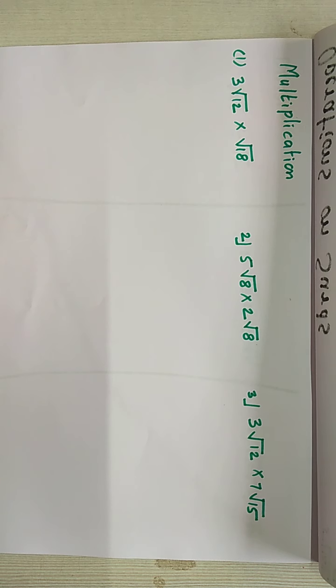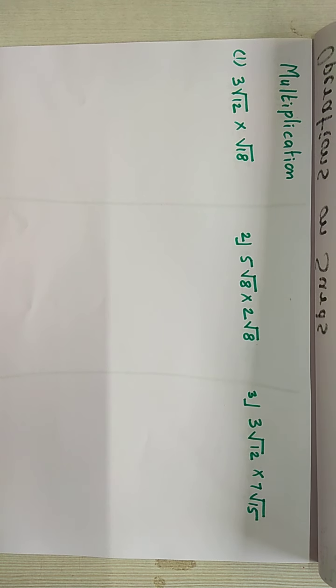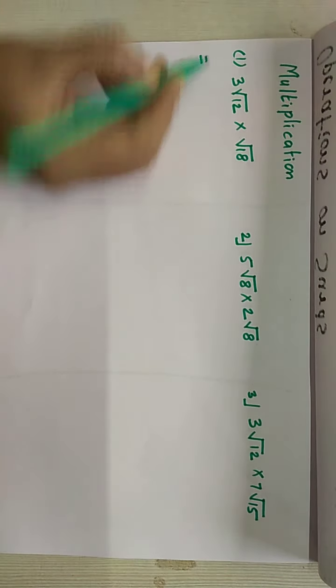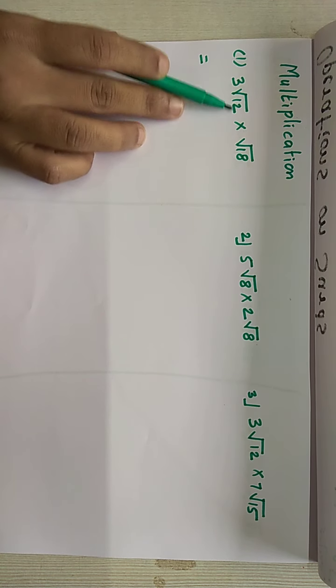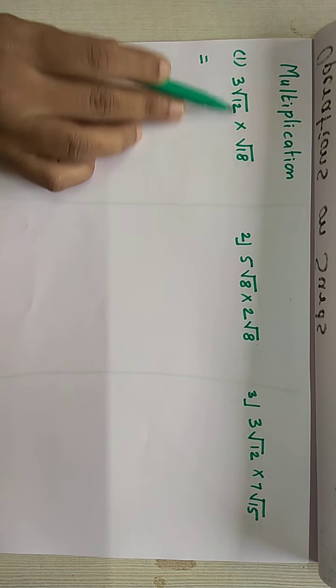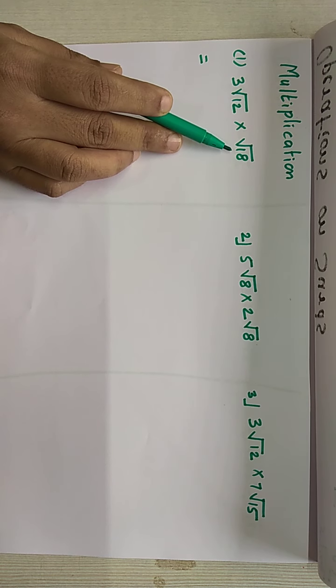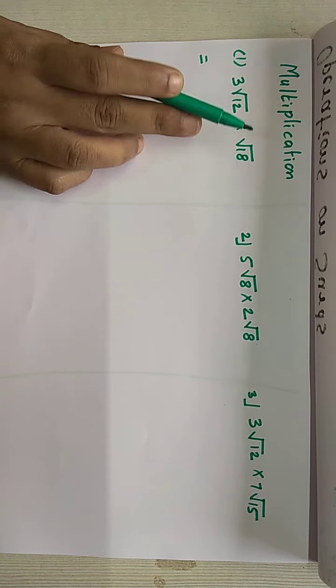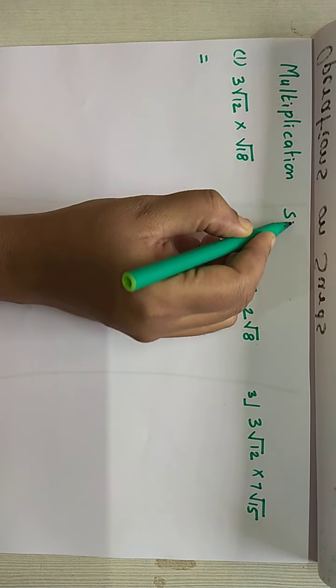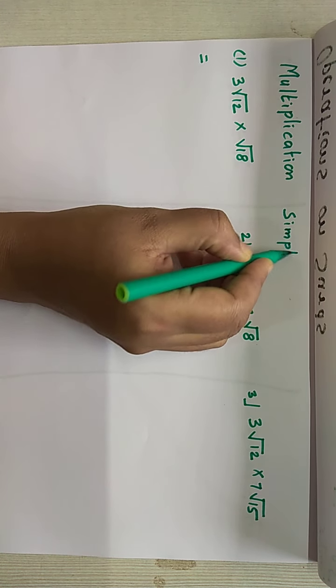Multiplying surds is very easy, children. In multiplying surds you don't have to see whether it is like or unlike. You can directly multiply them. Here see, if you have 3, 12 and 18, you can directly multiply the inside numbers 12 and 18. Okay, but 12 and 18 multiplication will be quite hectic work, because after multiplication you have to write them in simplest form also.